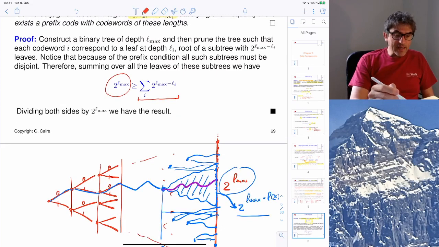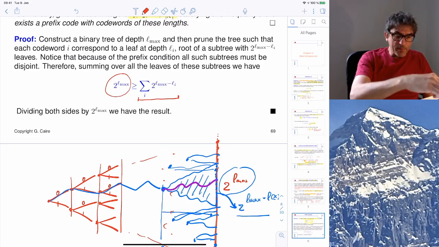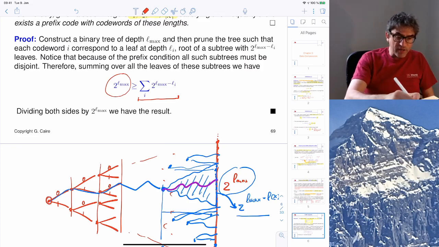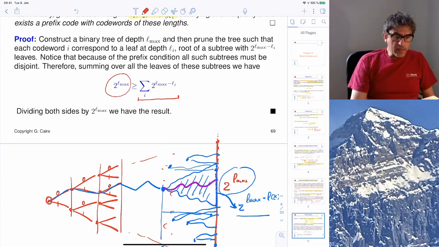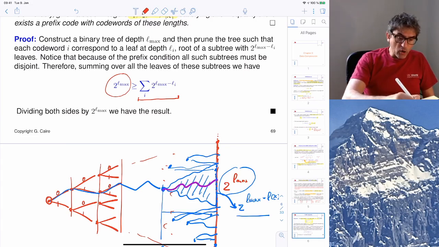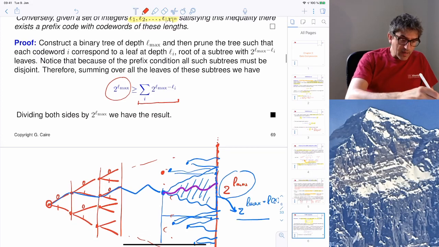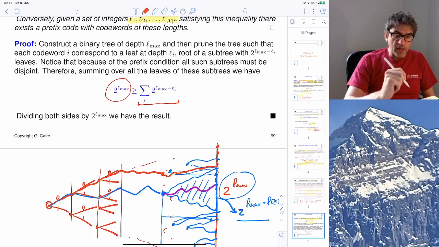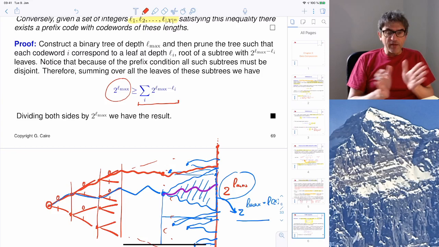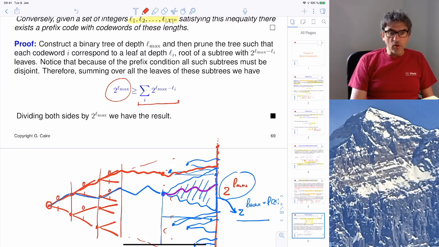So this means that I can actually construct a prefix code, because once I have these intermediate nodes, then the path going from the root to every intermediate node will be the corresponding code word, and they have to satisfy the prefix condition for the reason of before. No other code word can get, say, a certain path up to here and then continue from here to the end, or somewhere in between, because this will be contained in the forbidden subtree for that code word. Okay,